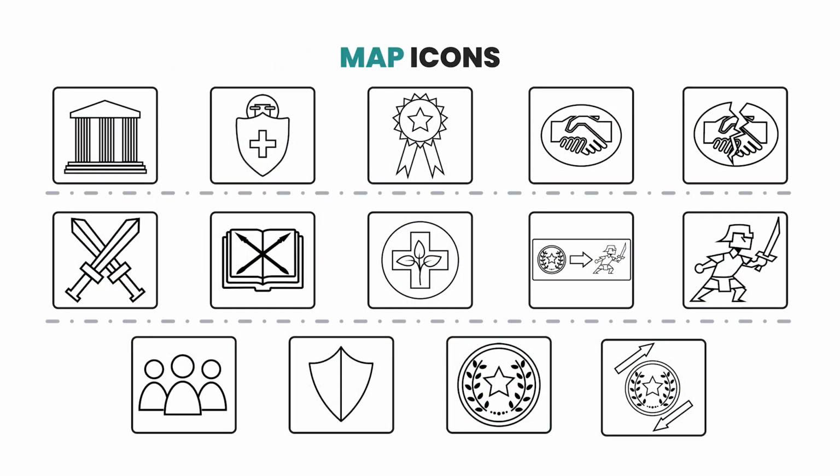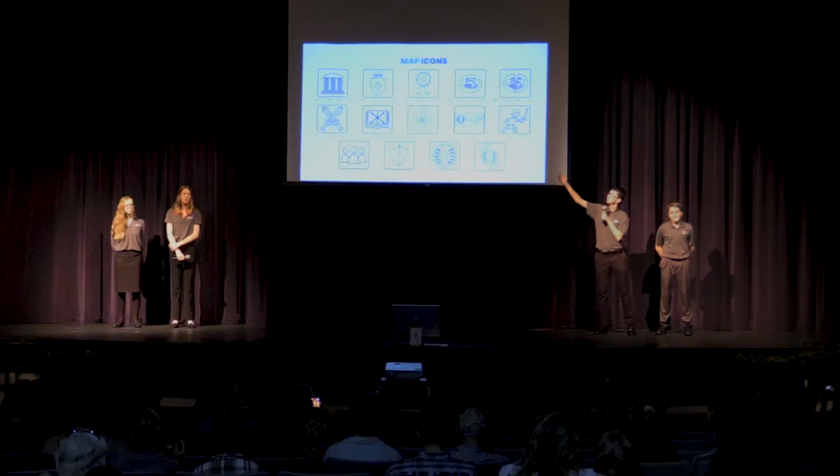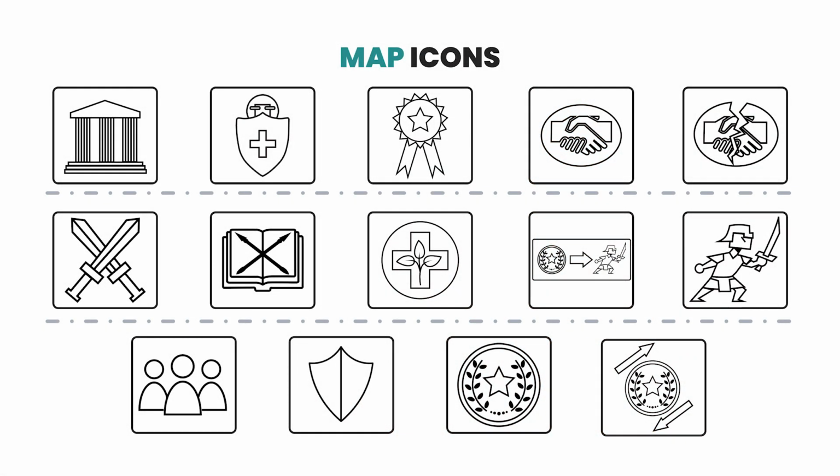Here are all the icons we created for the simulation. The icons are split into 3 categories. Some of them are resources, like gold, prestige, or soldiers, which could be collected or bought each turn. They'll also have Roman numerals by them to represent their quantity. The other types of icons are buttons and achievements. Buttons are the actions, like form or break alliance, and achievements each have different effects, such as added attack or